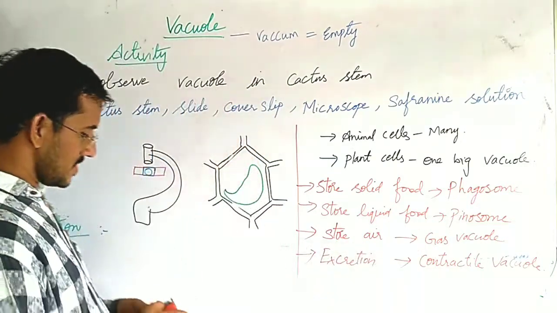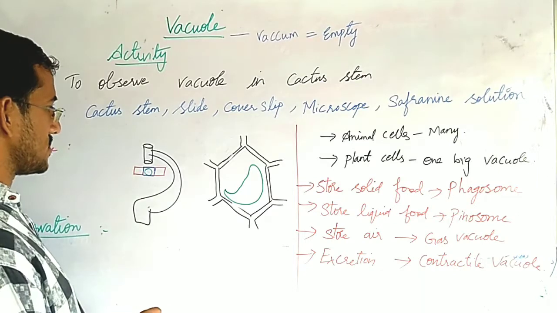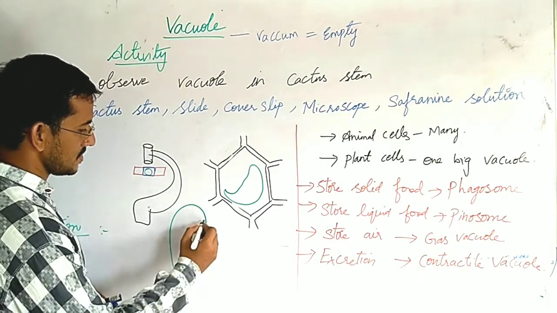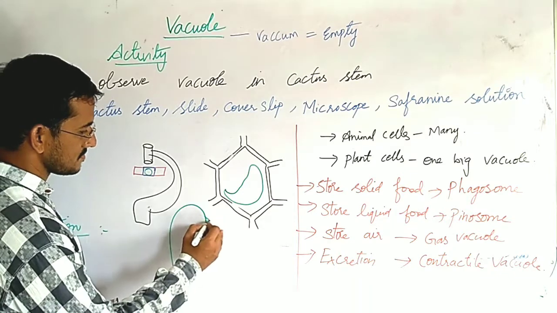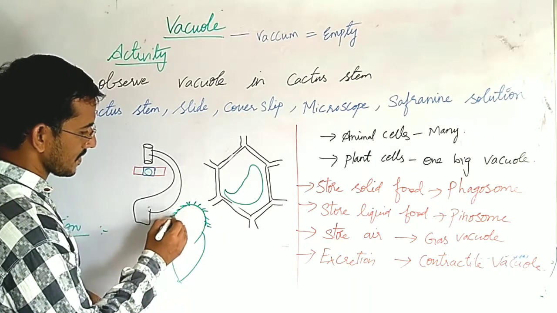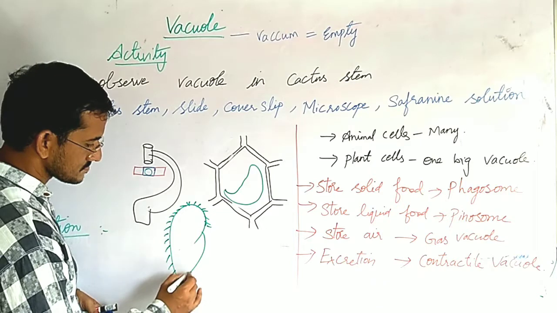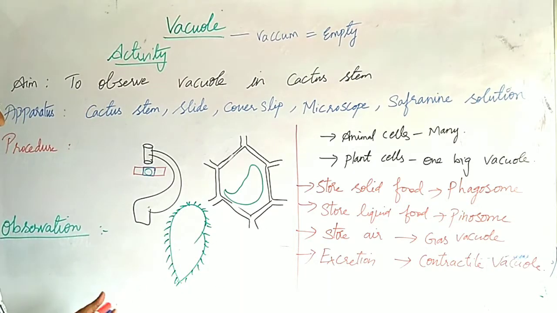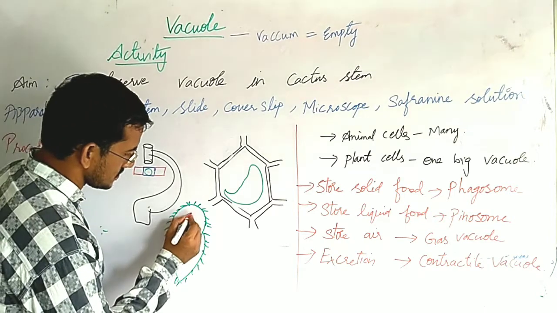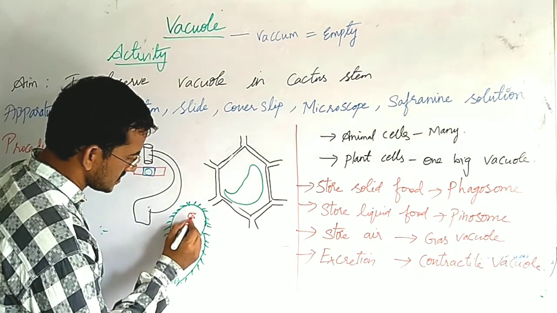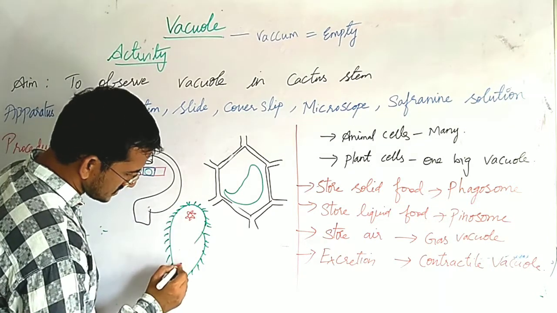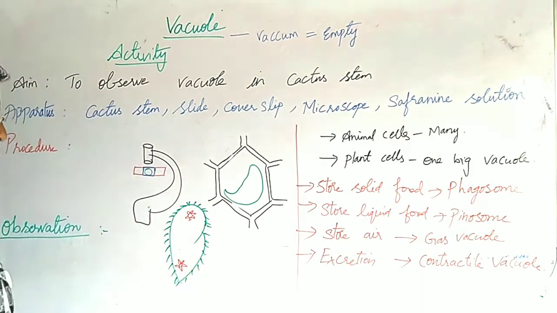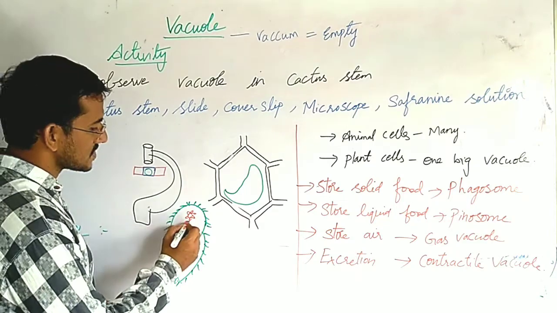excretion. I'll draw a small diagram of paramecium here to make it clearer. So this is the structure of paramecium. These are cilia. So in paramecium, contractile vacuoles are present. So these are contractile vacuoles, these are arms. So structures like this are present. These are contractile vacuoles. So what is the use of this contractile vacuole?